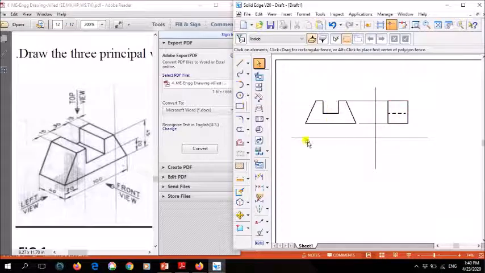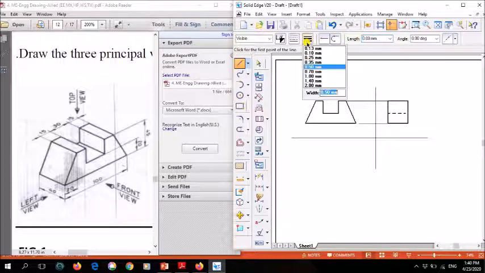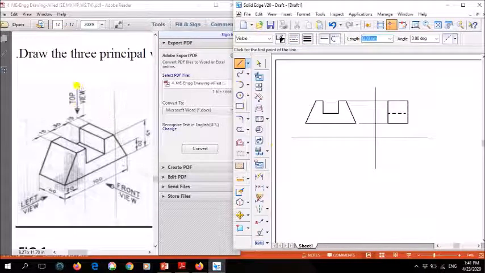So now I'll draw the top view. Same way, select thin line. In the top view, one face, second face, third face, fourth face, and fifth face, five faces are visible if you are seeing from here. So consider that this is your top view. From the top view, this face is visible, this face is visible, then this face is visible, this is visible, and this, when you are seeing from the top, right?